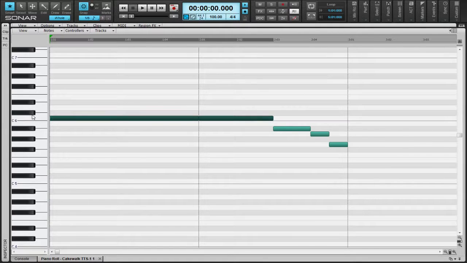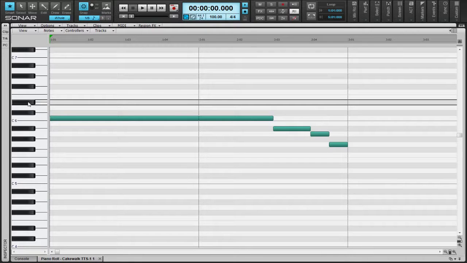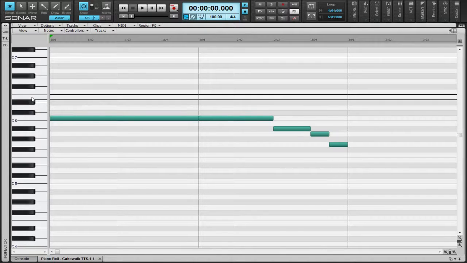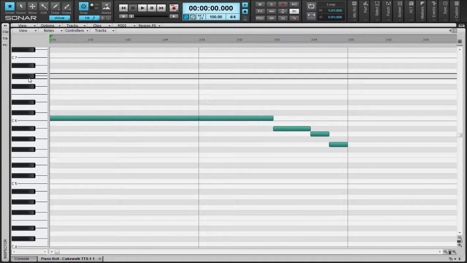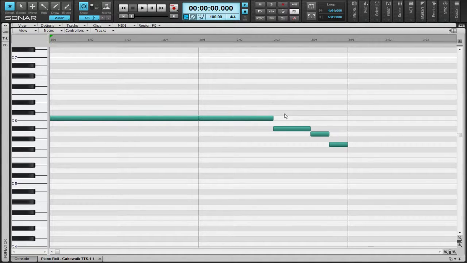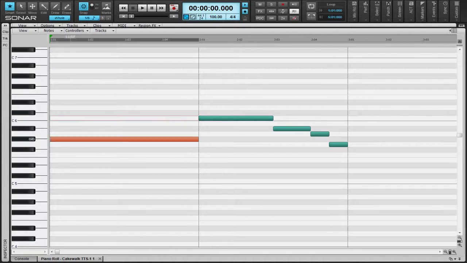So if you're going up from C, it's just C sharp, D sharp, D sharp, E, F, F sharp, G sharp, A sharp, B, C. I mean, some notes don't really have a sharp or a flat. I mean, they do, but I'm not going to get into that right now. But basically, for what we're talking about right now, that's what you need to know. Now, I'm not going to go up that high because that's annoying, so we're just going to use middle C